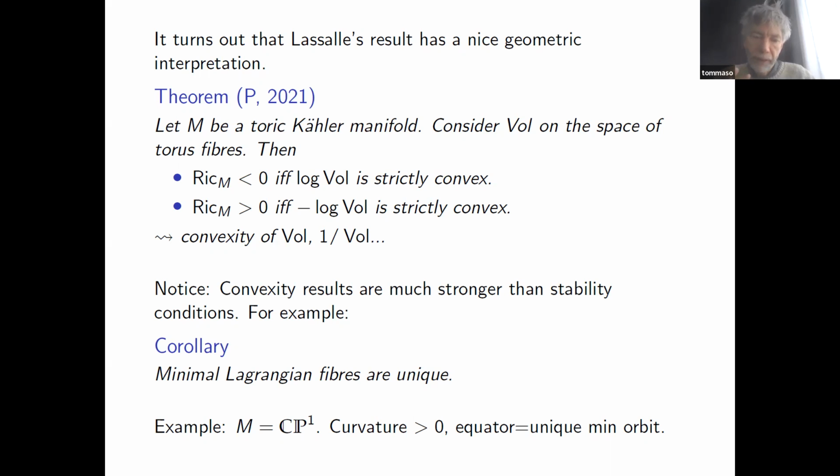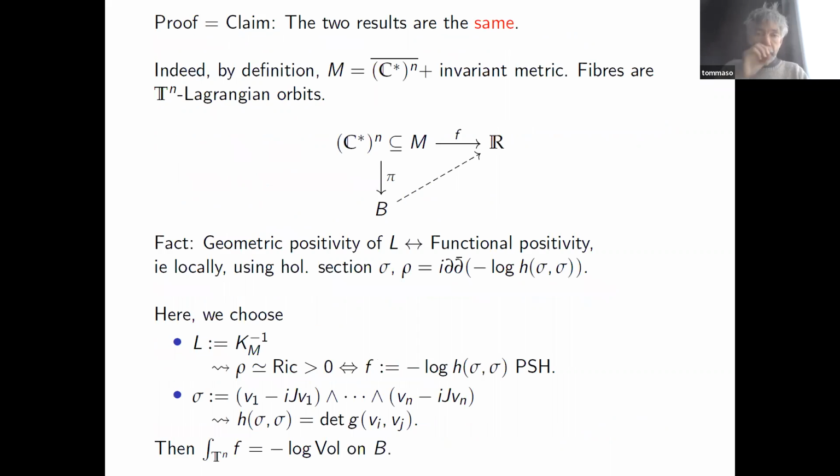The sphere has positive curvature. And if you look at the group action by rotations, you will find only one orbit which is critical. It is the biggest orbit, the equator. All the other orbits will be the curves parallel to the equator, and those have smaller length, and the length goes down to 0 in a concave way. So every toric manifold, I'm claiming, works in the same way. So I will show you why this statement is basically the same as Lassalle's.